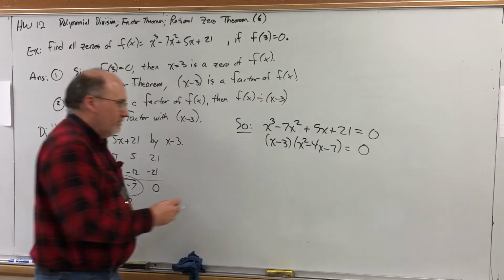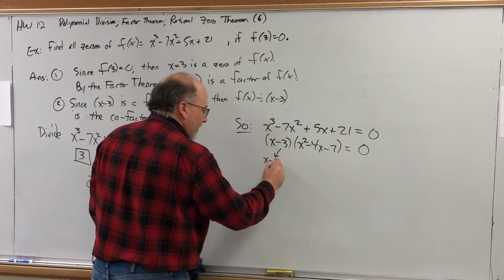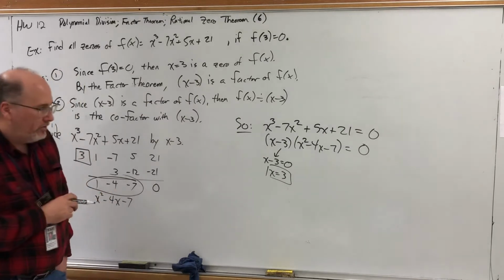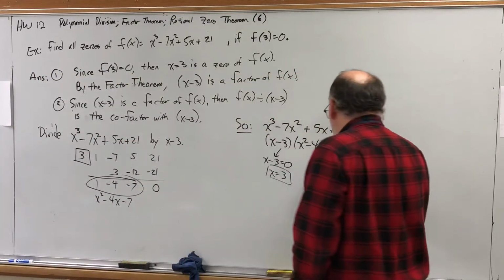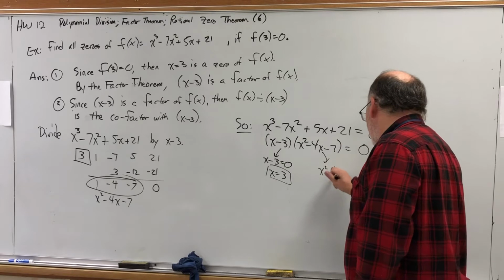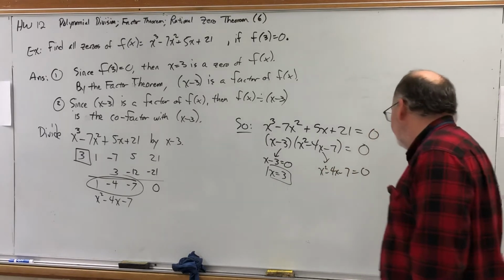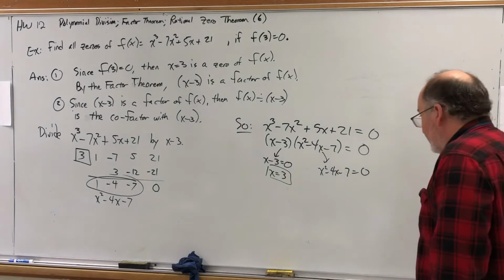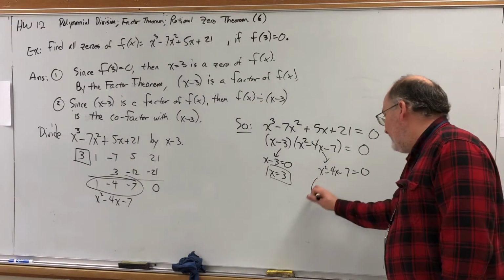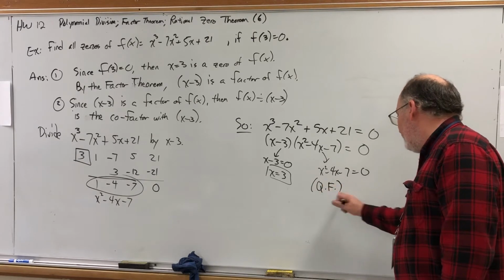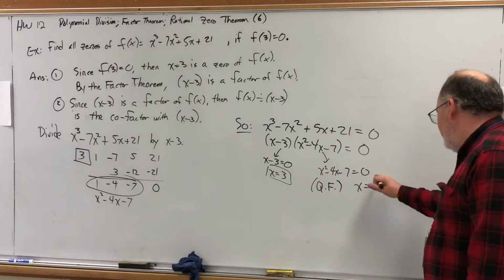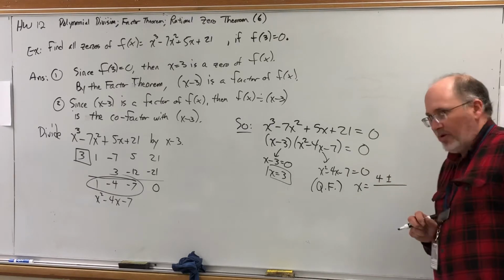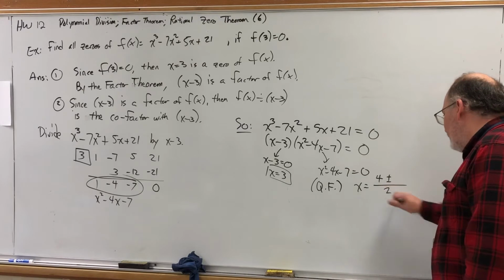Now I can finish solving. I already know what this first factor will give me. It will give me the 0 I was given at the beginning. But what will the other one give me? Well, it's a quadratic equation, and we have ways of making it give up its solutions. I'm going to fast forward and just say if we use the quadratic formula, we'll get x equals negative b, so 4, plus or minus, I'll come back to the square root in a minute, over 2a, so over 2,